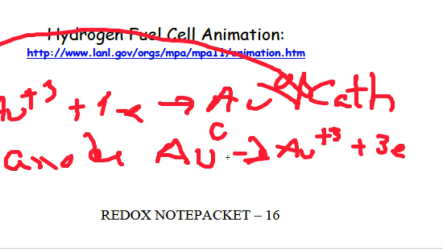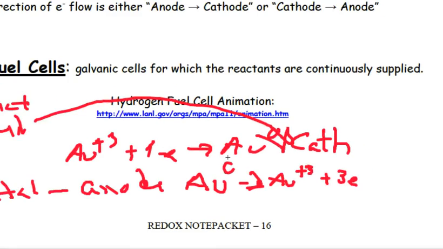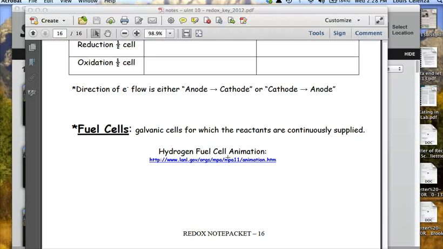So what you need to remember is that whether it's an electrolytic cell, electroplating, or voltaic, the anode is where oxidation occurs, the cathode is where reduction occurs. What you also need to remember is that when you're electroplating, the object that you want to have plated is where the cathode is going to be. The metal that you're going to use for the plating is where the anode is going to be. And that is pretty much it for